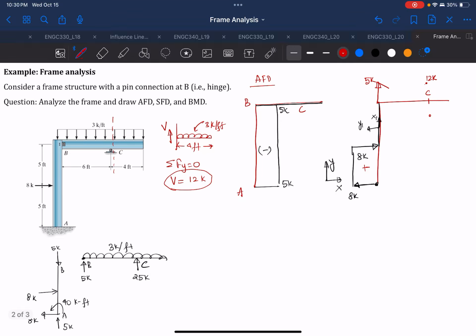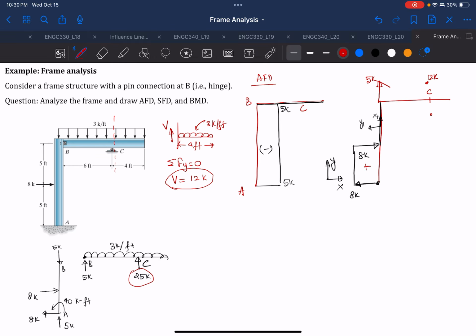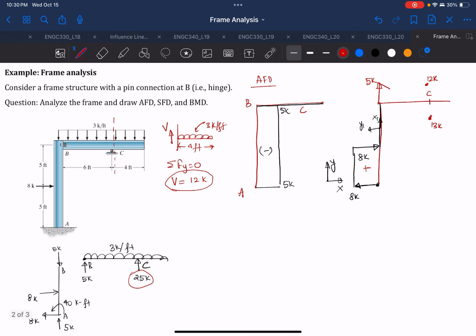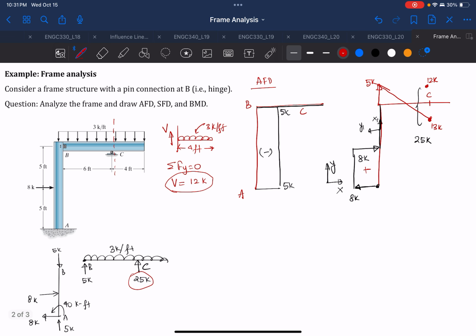So if you know that this is 12 kips and the force applied here is 25 kips, so the summation of all of those should also be 25. So if it is 12 kips upward, then downward should be 13 kips, such that the summation will be equal to 25 kips. So now the slope has to go down till 12, 13 kips, and then there will be a sudden